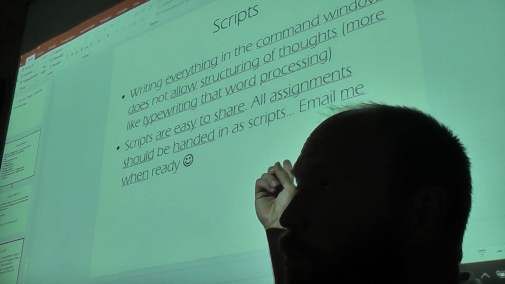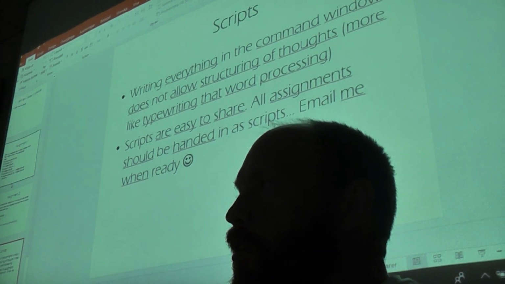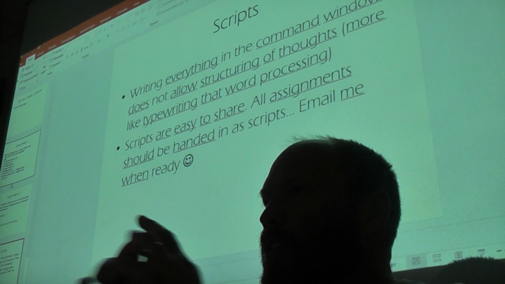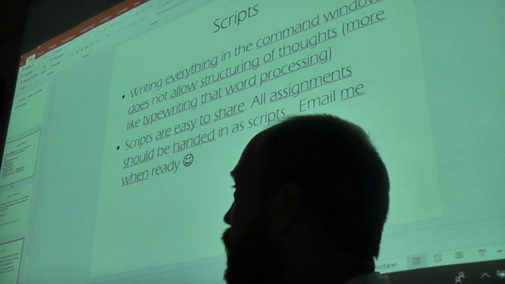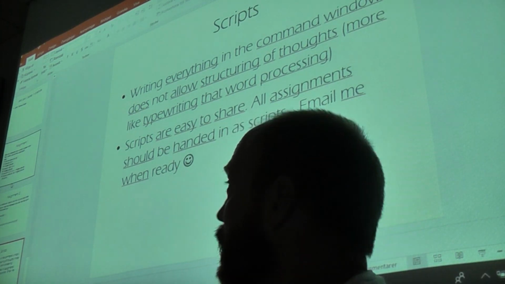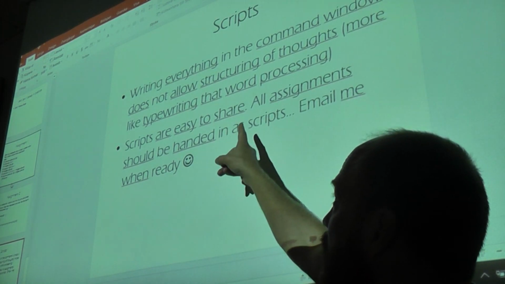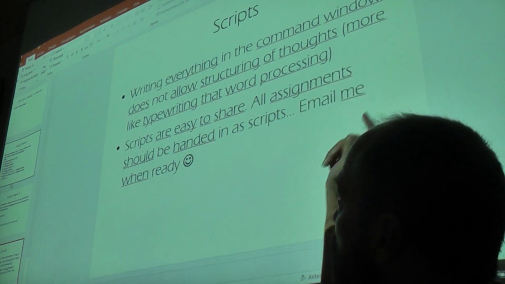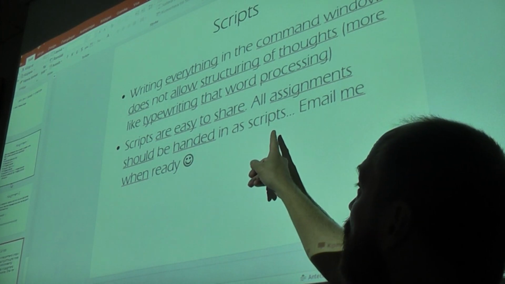If you write it in the command line, you won't have the possibility to rearrange the code. But if you write everything in a text file and then say to MATLAB, do all of this, then you can use any text editor to write programs actually. And the good thing is that scripts are really easy to share. So all assignments should be handed in as scripts or functions.